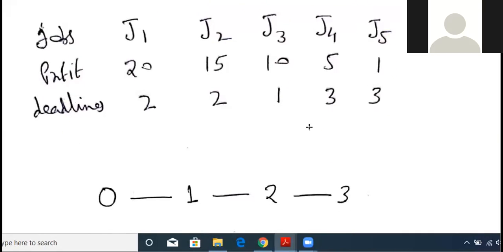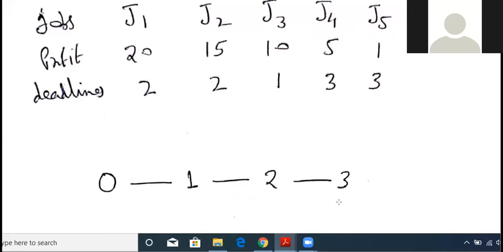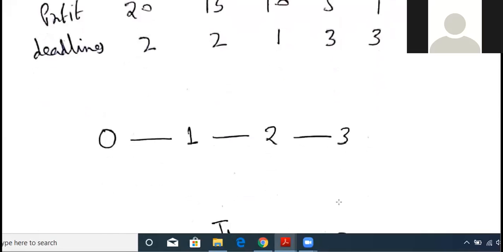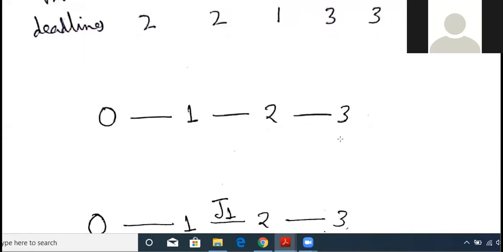Looking at this example, the maximum deadline here is 3 and the minimum is 1. So we will start from 0, and suppose I have marked all the deadlines, from 0 to 1, 1 to 2 and 2 to 3. So I have just marked the deadlines via the horizontal line. And next, let us place the jobs into these dedicated deadline slots, and let us see how many jobs got allocation and how many jobs don't get allocated in the given deadline frame.